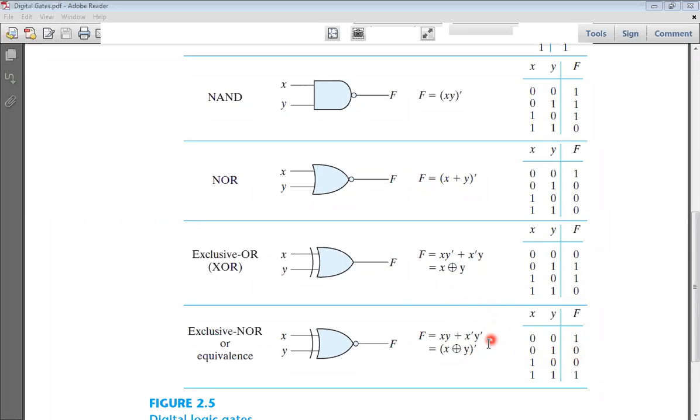That is the exclusive NOR. These are the basic building blocks which are used to construct complex circuits in the digital